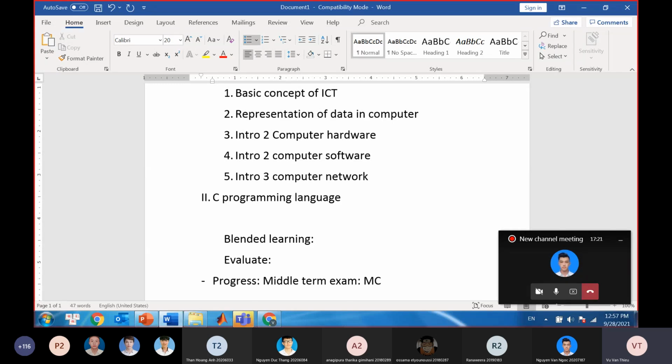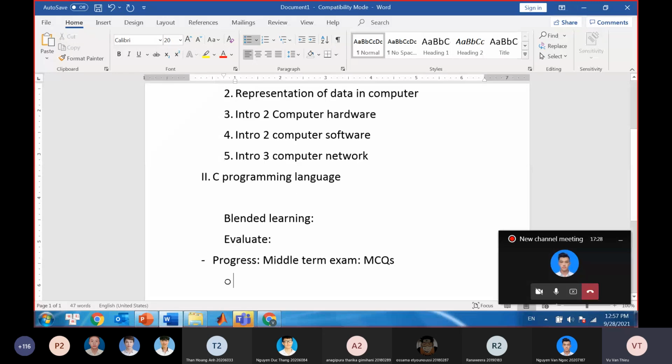And this final exam. Okay, here some exercise. Also your exam will be organized together with the exams of